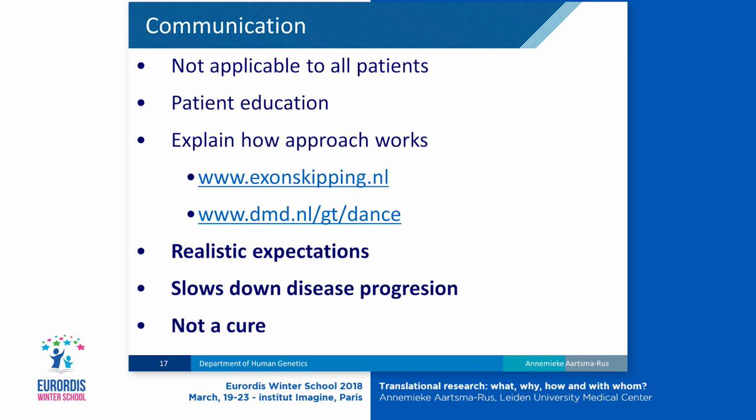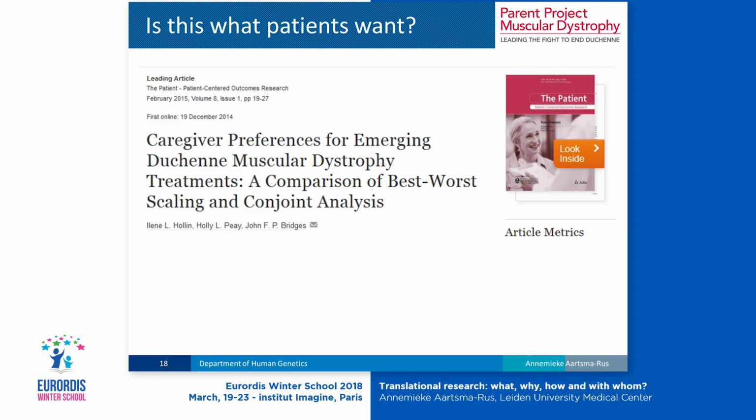What we're trying to do is to have Duchenne patients make Becker-like protein. And a Becker patient is still a patient. I mean, we're not curing them. We hope that this will slow down the disease progression. And then, of course, the question is whether this is something that the patients want. We can think that this is what patients want, but the only way to find out is to ask. And this is again something that the American patient organization has done. They have asked caregivers, and they're now also asking patients, what they would want in a therapy and what side effects they would find tolerable to get a certain